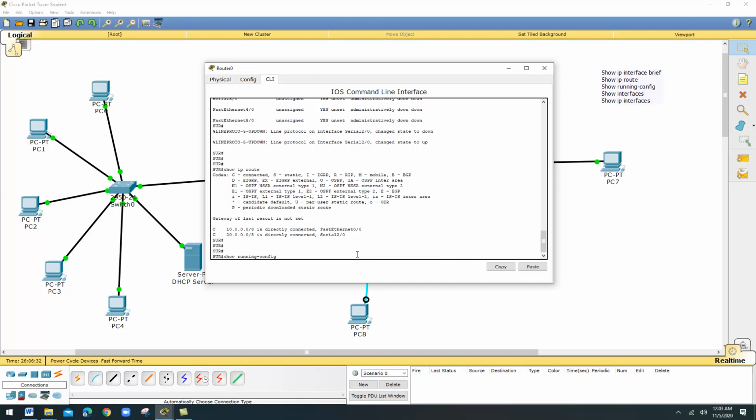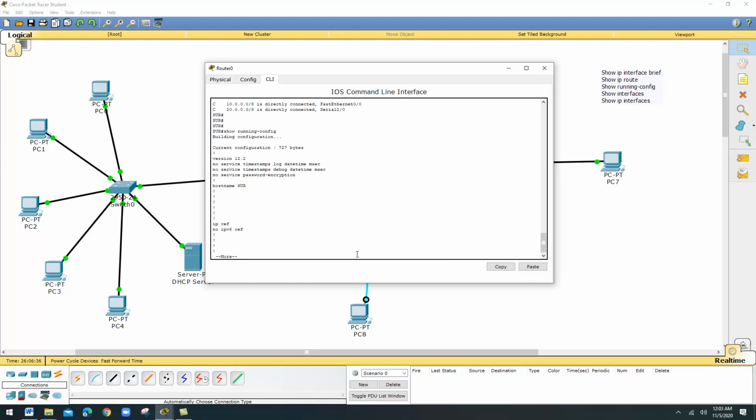So all the changes we have done to our router, you can see that. Show running config. Now you can see here, it is coming. Hostname is Sue. We changed this. And then just keep on giving enter.